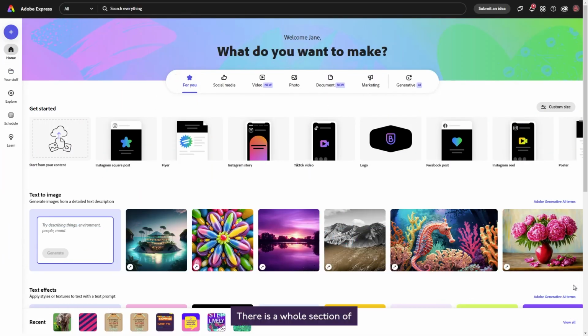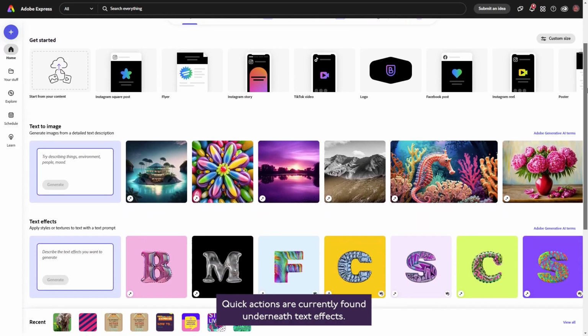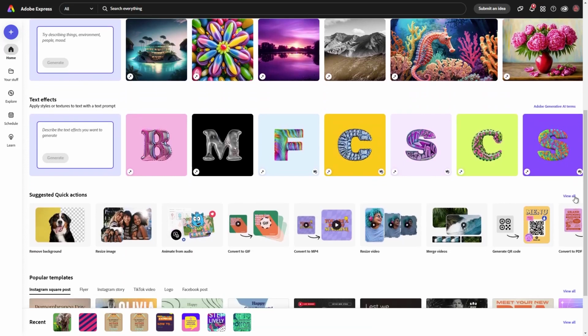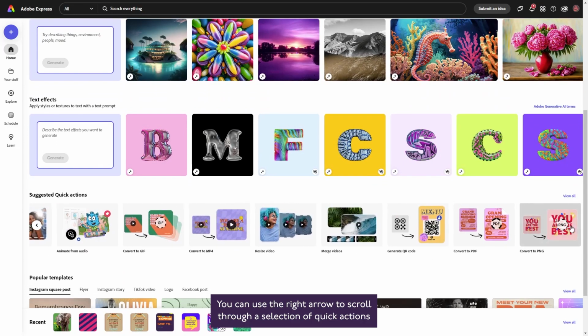There is a whole section of suggested quick actions on the home page of Adobe Express. I confess I frequently forget about them. Quick actions are currently found underneath text effects. We can use the right arrow to scroll through a selection of quick actions or click View All to open